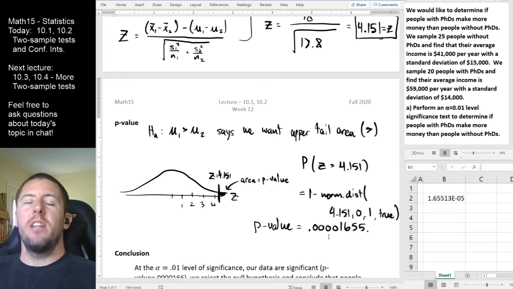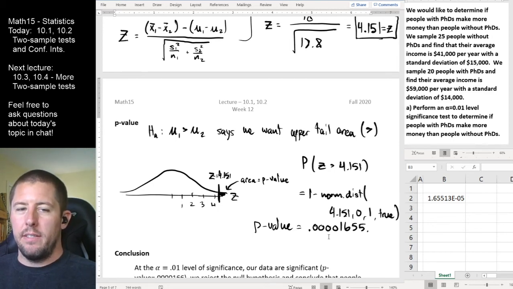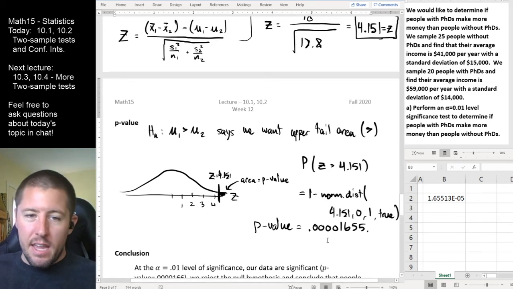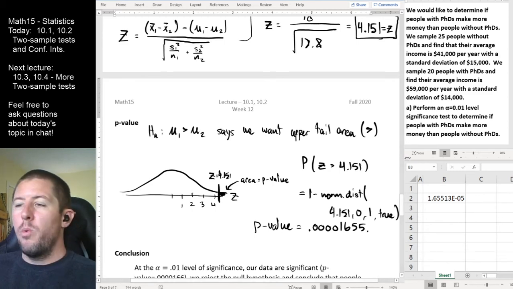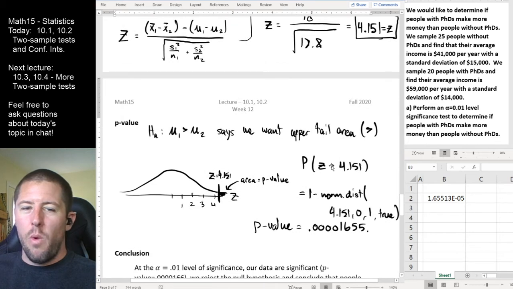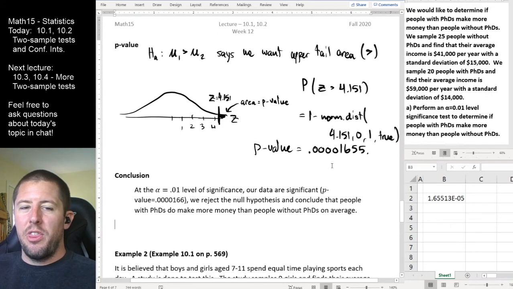Well, this is such an unlikely sample to draw for just a single sample that I don't really think this is that rare of an event. That seems so unlikely to me that we would get a sample that's that unusual. Therefore, we're going to go back and say, listen, I think our upfront hypothesis was wrong. We assumed that the null was true, but if the null is true, then we just saw a 1 in 6,000 event, and I don't think that that is something that's reasonable for us to see. That's such a rare event that I actually think that it must have been the case that the null hypothesis was false. So we're going to reject the null hypothesis